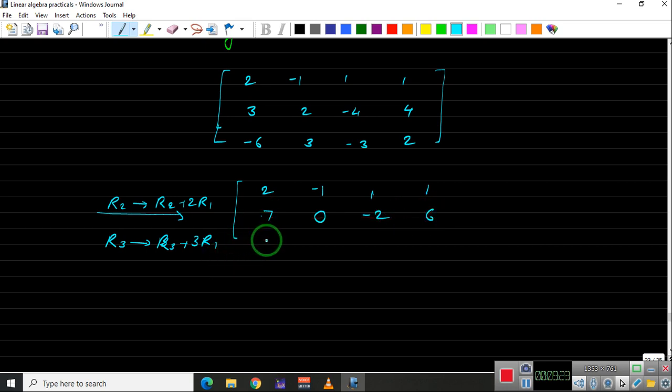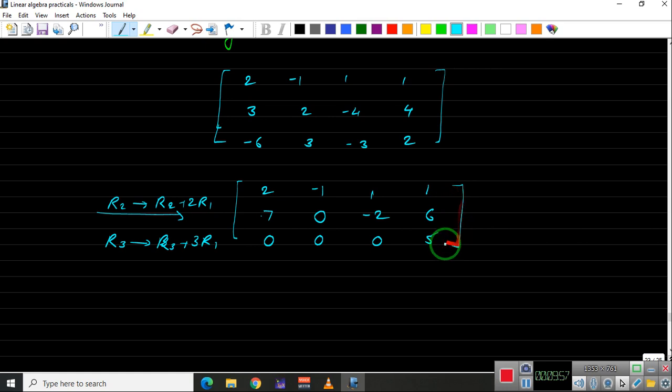And when you use R1 here, that won't make any difference, is it? Yeah, this will become 0, 3, 3 becomes 0, -3 plus 3 becomes 0. Okay, so this operation gives you 0 here, -6 plus 6. This gives 0, 3 minus 3, -3 plus 3, 0, and this is 3 and 2 plus 2, 5.